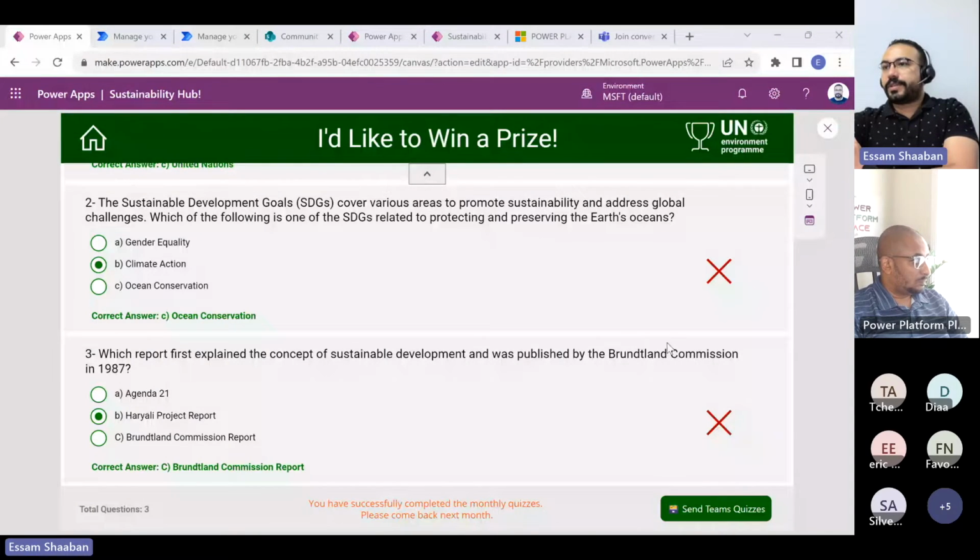So I used another flow because you will receive a message that your response was sent to the app, but I created another flow to change the edit mode of the adaptive card to make it disabled in this way and give the user a message that the UN team will be in touch with you if you are selected to receive a prize. So, back again to the app,